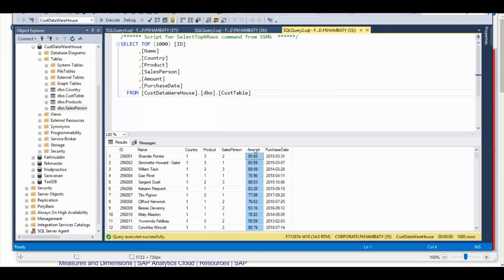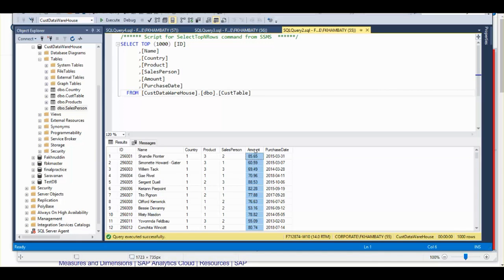So measures is something that you will select based on which you want to do all your calculations. Now you cannot do calculations on country name or country ID. That will always be the dimension. Like you would like to group the data by country name or country ID. You cannot say, give me, just count all the country names.